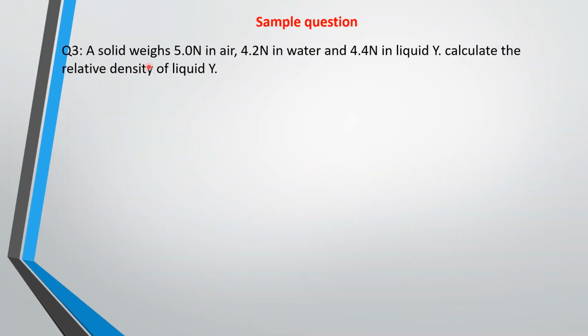This one says a solid weighs 5.0 Newton in air, 4.2 Newton in water, and 4.4 Newton in a liquid. Calculate the relative density of liquid Y. So they're giving you weight in air to be 5.0 Newton, weight in water to be 4.2 Newton, then weight in liquid is given to you to be